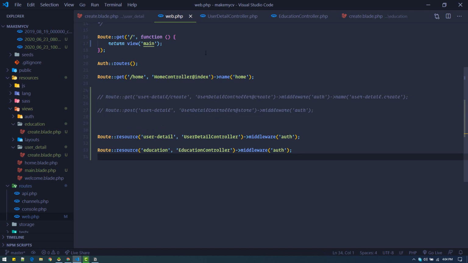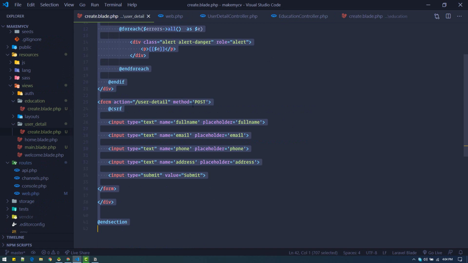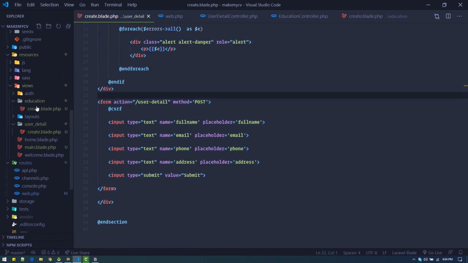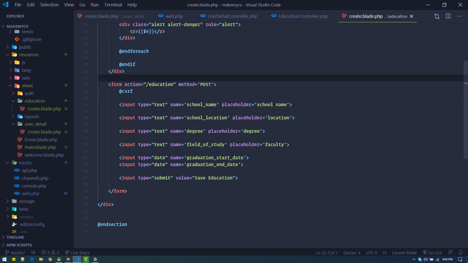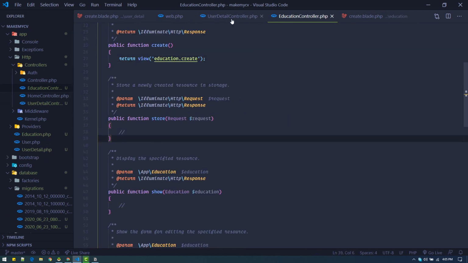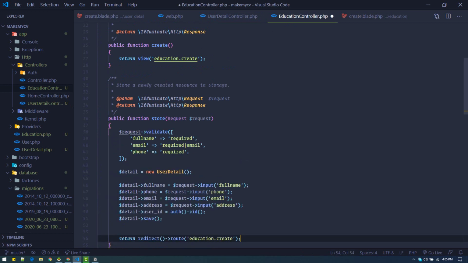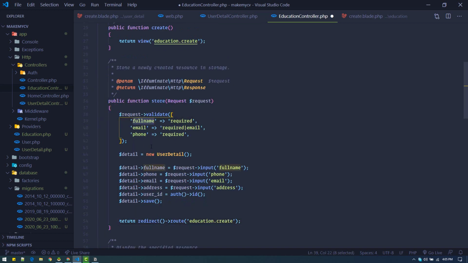Alright, so that's it. Now let's go to create education, create, and here, so this route is already defined, now we don't need to define it. So this will take us to store, and the store functionality will be the same as the store functionality of user detail. We just need to change something, just need to change these. So school name is required, degree is required,